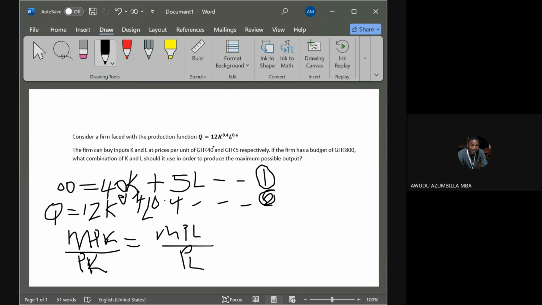Over the price of labor. So that is what we are going to use here. You know, this marginal product of capital, you differentiate your output with respect to capital, and then MPL is also where you differentiate the output function with respect to labor. So let's differentiate. So the MPK